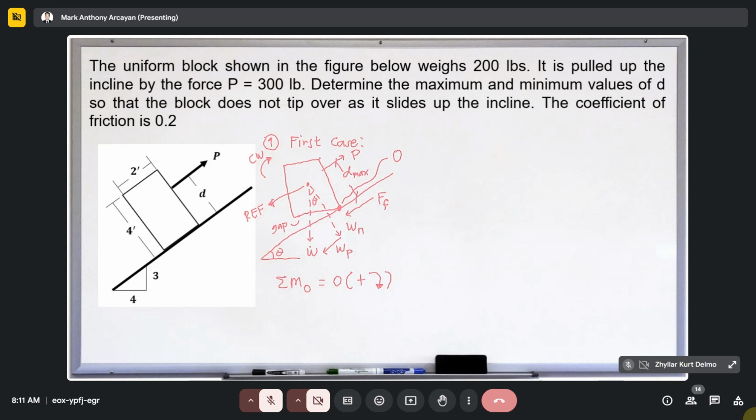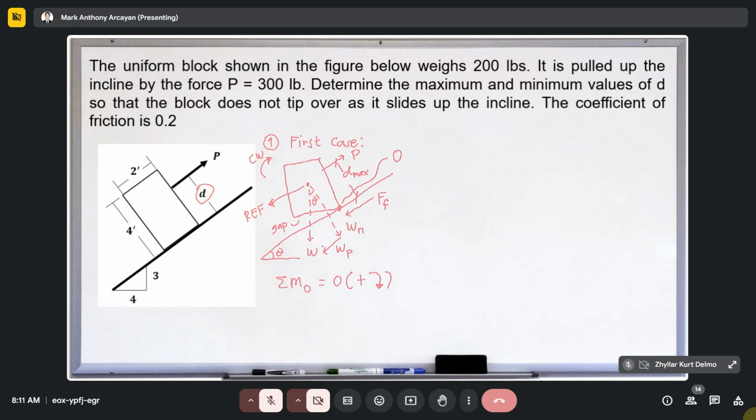So here we have our force P, and do not worry about the gap because the angle here is very, very small, to the point that the perpendicular distance, especially this D, is still perpendicular with respect to the incline. It's just that the angle here is very small. I only exaggerated it here so that you can see that there is a gap. Again, do not be confused. The force is not parallel because of this gap. Well, it's very small.